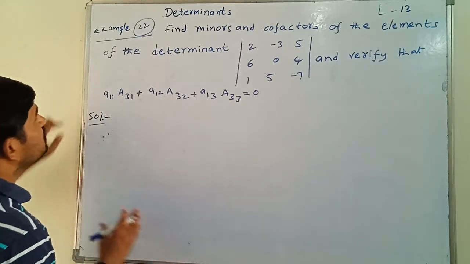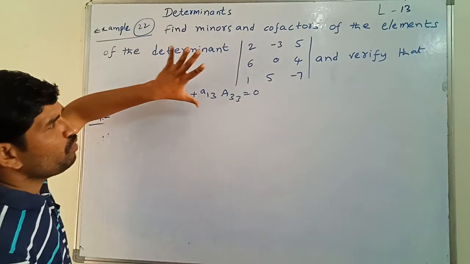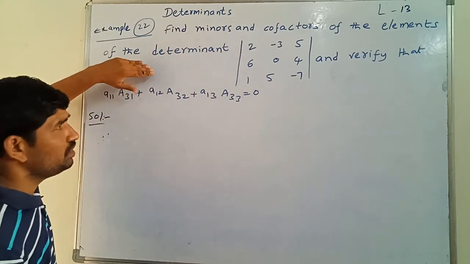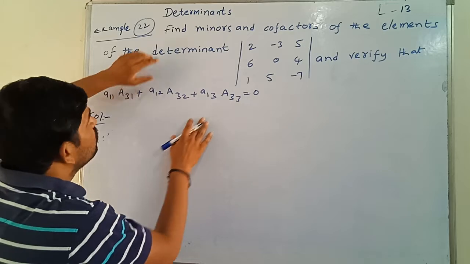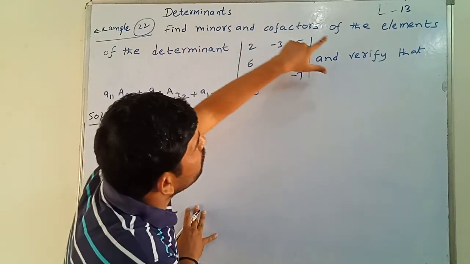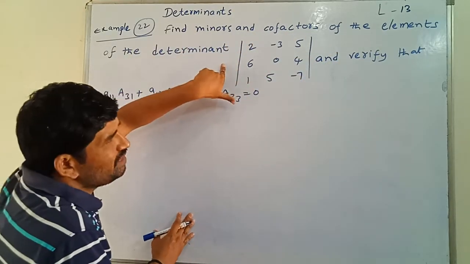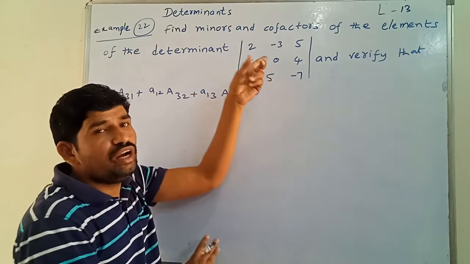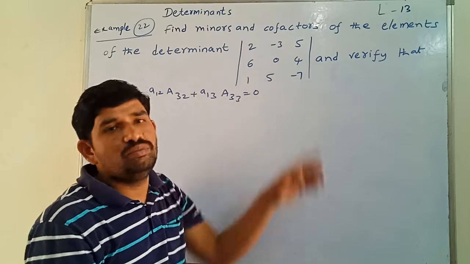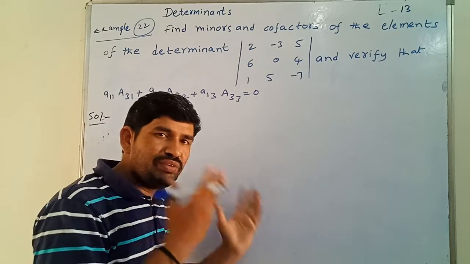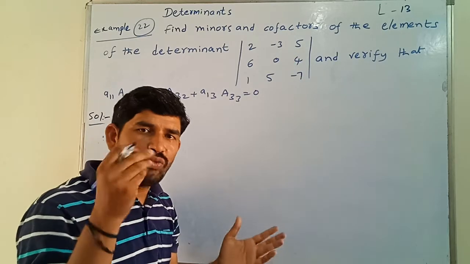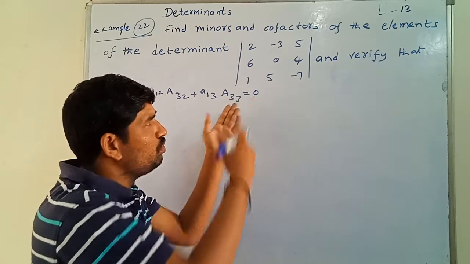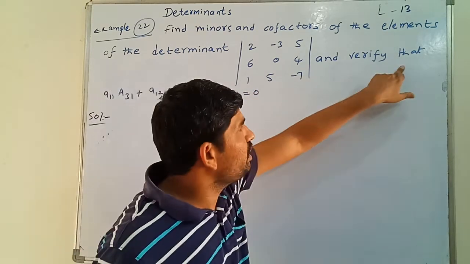See, this is example 22. So what we have to find in this, first we will observe here. All of you copy this question. Okay, so I will write this one. Find the minors and cofactors of the elements of the determinant. Means in this determinant we have to find the minor and cofactor for each and every element. In the previous class we completed how to find the minor and how to find the cofactor also. You can continue this solution and verify that.